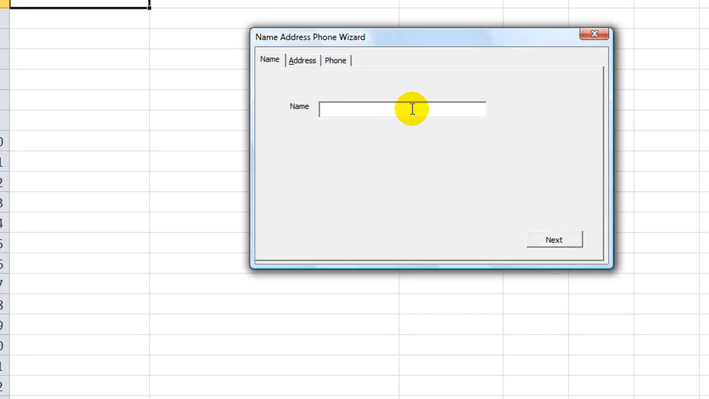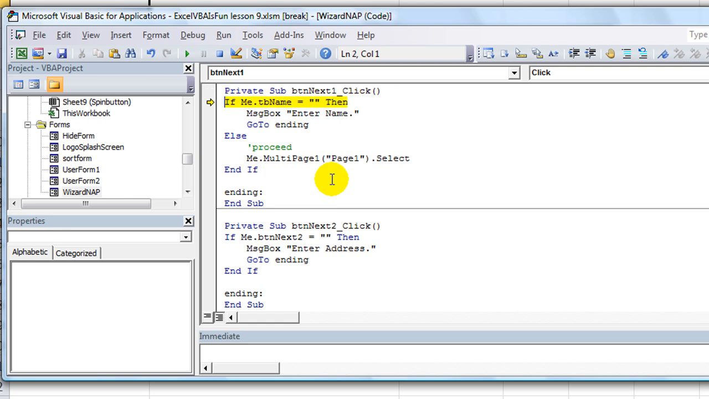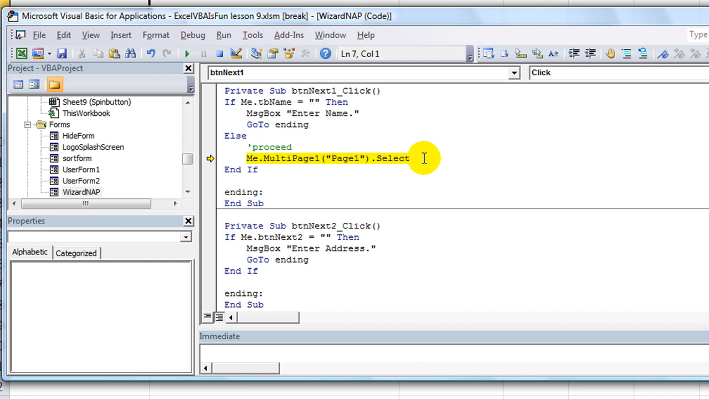Now the other test is if it's not blank. So I'm going to hit next. So let's debug through that. Then me.multipage1 and then page1.select. Okay. So it didn't like that. Let's use the other method for right now. We're not using the name. So let's